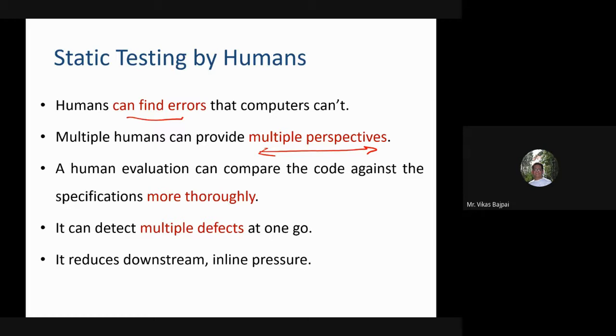For the same problem, I can have different or multiple solutions. Similarly, for a piece of code we can have multiple perspectives, just because multiple people are observing that particular piece of code.